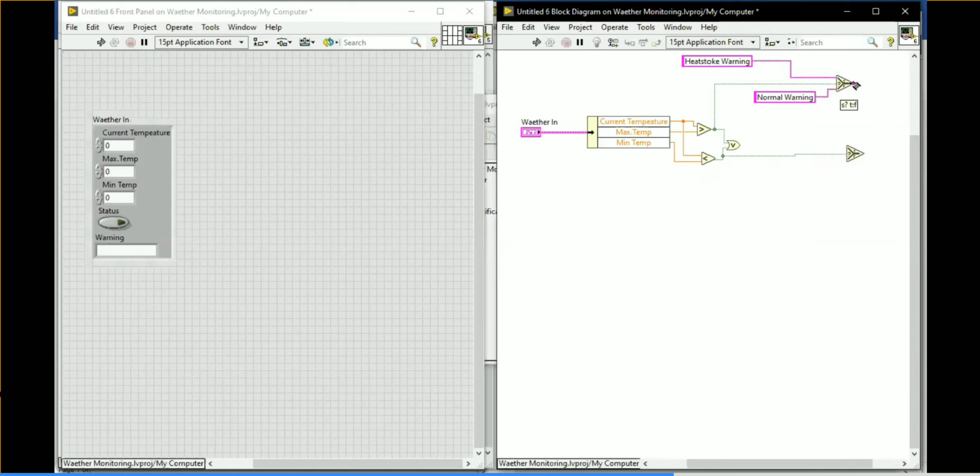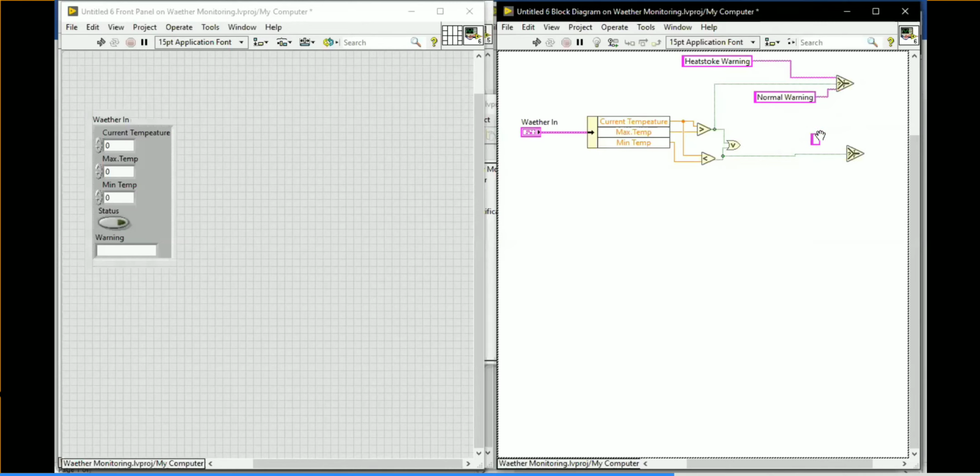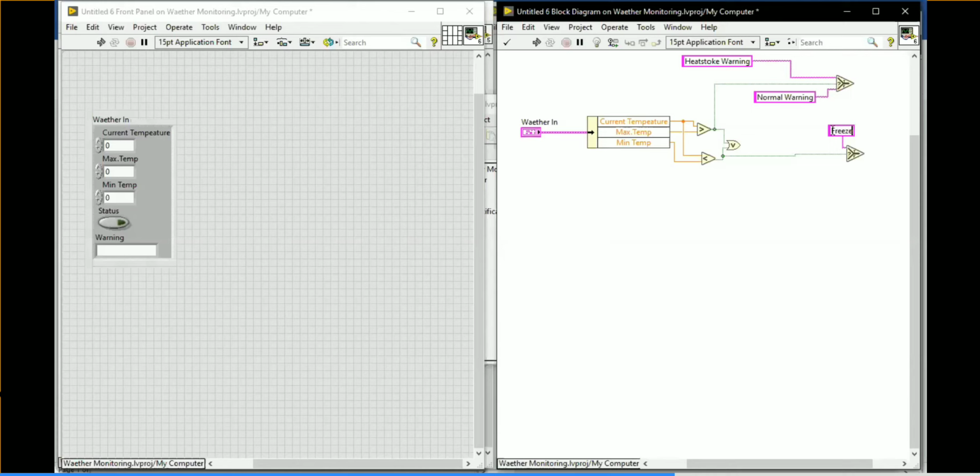Now here it's going to be a string constant I'm placing there. Okay, so it's going to be a freeze warning I am giving there. Okay, and then again it's going to be a normal warning. That output is coming to this place over there. Okay, so here you will get one indicator.